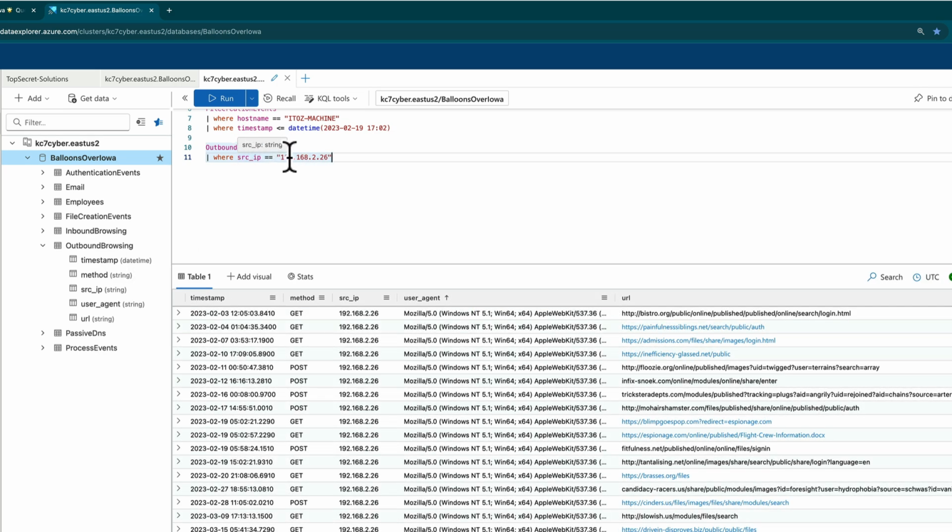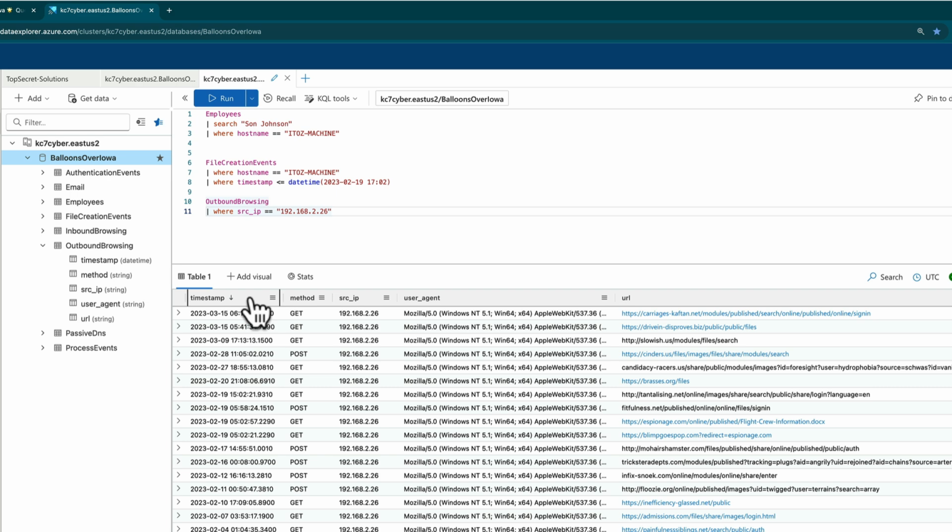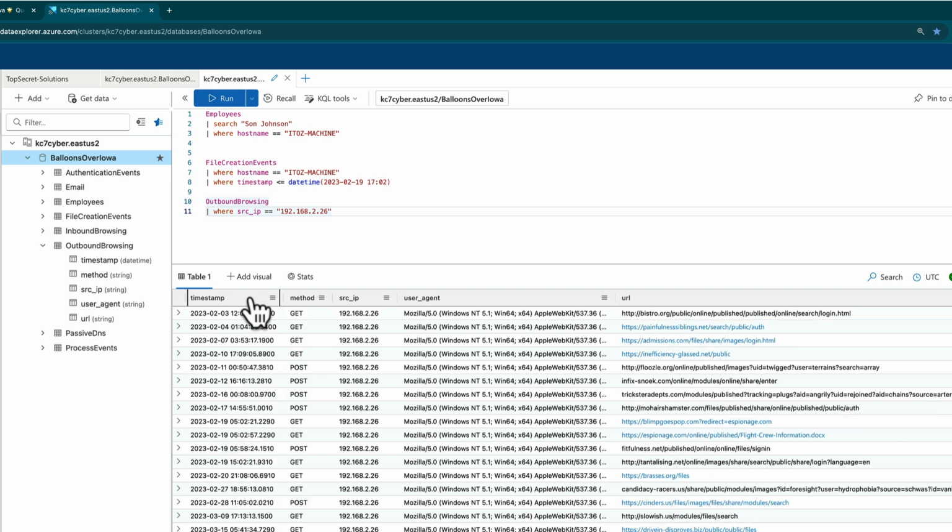Okay, so we see where source IP is 192.168.2.26, which is Son Johnson's. We see a number of activities here. We're just going to put that in a chronological sort here. And the question was February 19th, and we see that February 19th at about 5:02,